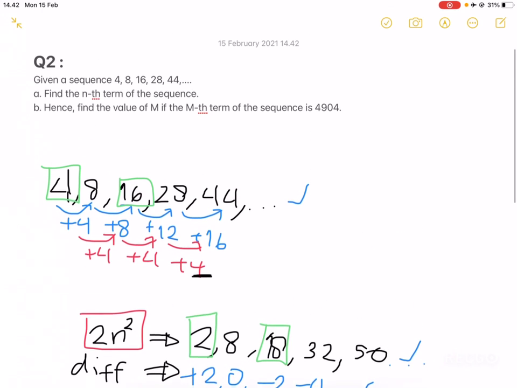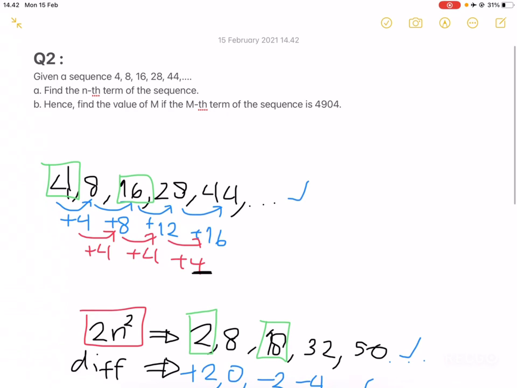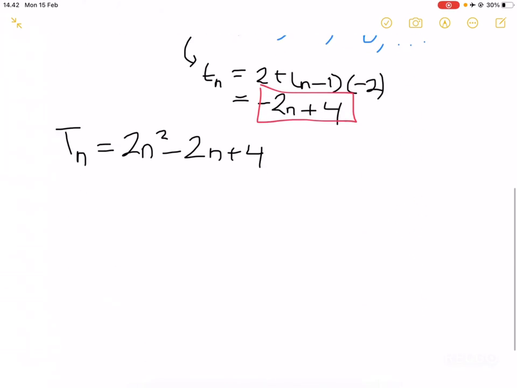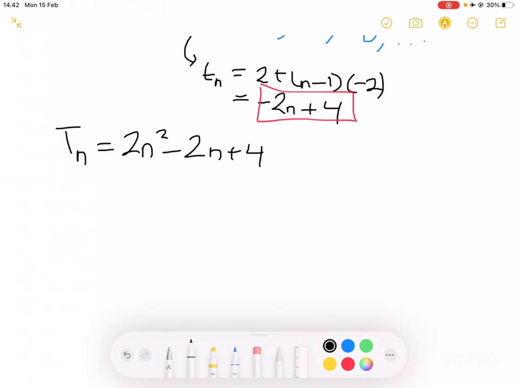Alright, and part B is pretty interesting. Find the value of m if the mth term of the sequence is 4904. So we can just set up an equation. T of m is equal to 4904. And then using this formula above,